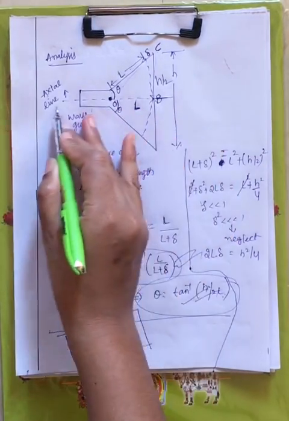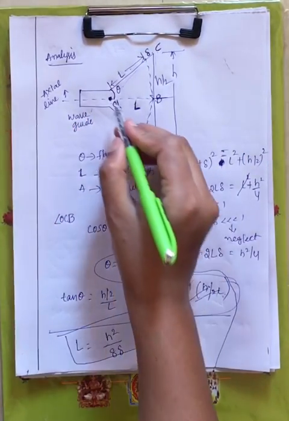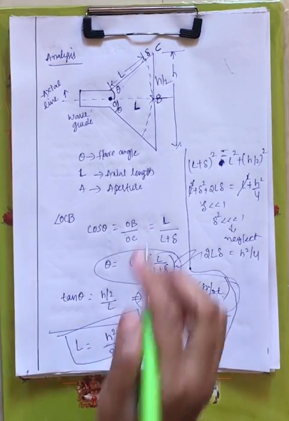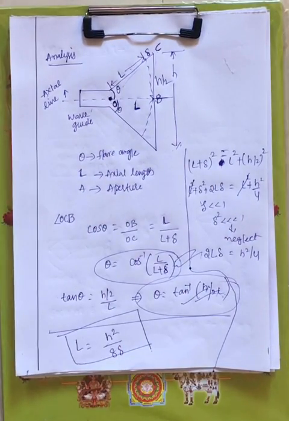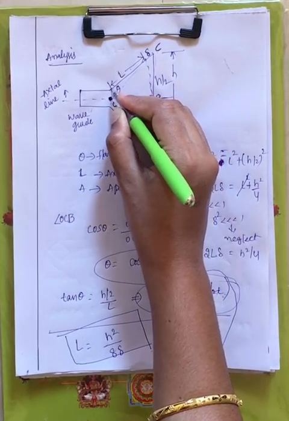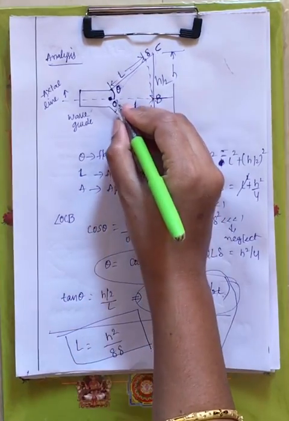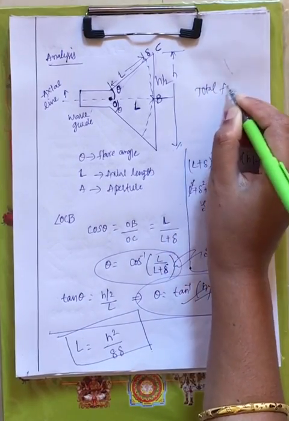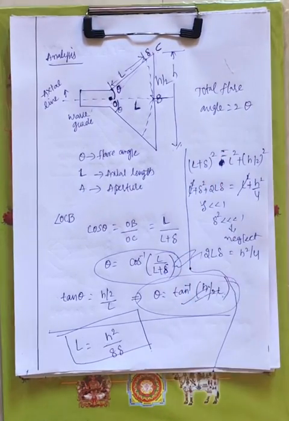Now this is the center line for the horn antenna, nothing but the axial line. The point where the flaring is starting is represented by O. Here it is the flaring angle, denoted by theta, and here also you will have theta. The total flare angle of a horn antenna will be 2 theta.